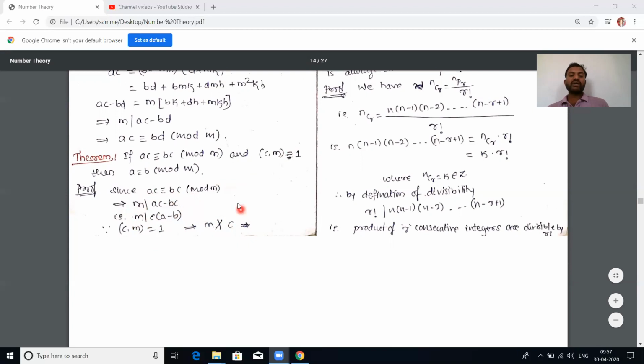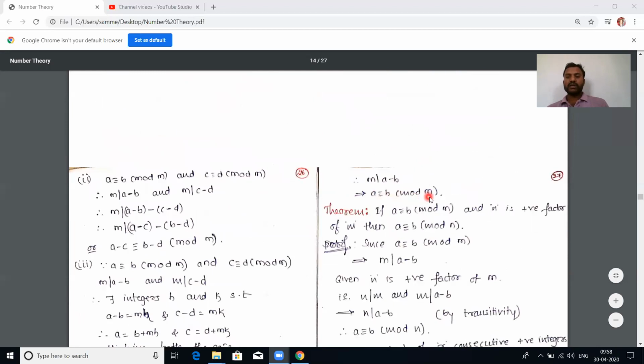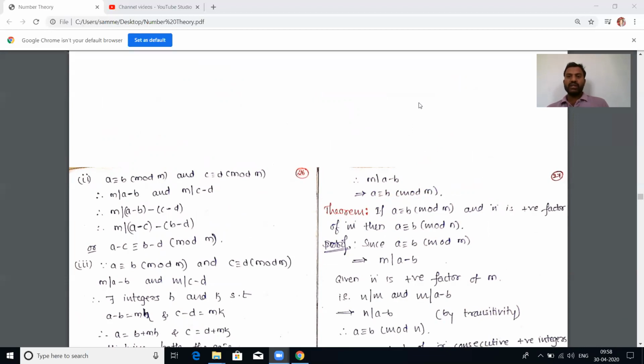We know that if a divides bc, then that implies either a divides b or a divides c. So here m divides c or m divides a minus b. But since m and c are relatively prime to each other, m does not divide c, so therefore m divides a minus b. So whenever we get ac is congruent to bc mod m and c is relatively prime to m, in that case we are getting